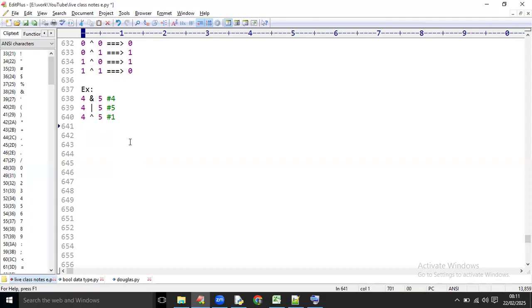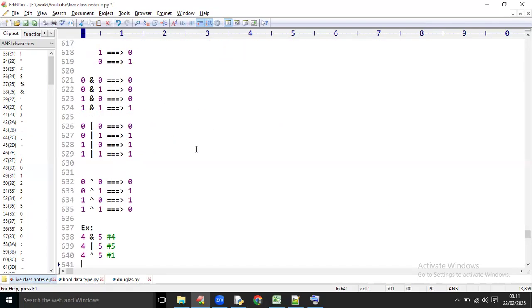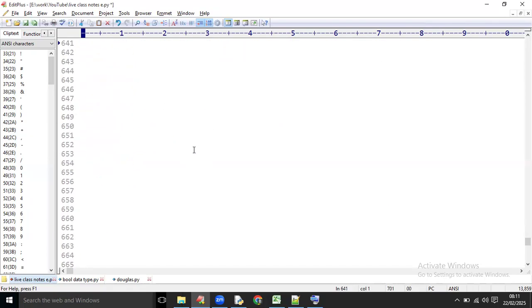We are going to discuss the left shift operator. What is the last one? We have discussed all of these. The remaining ones are the left shift operator and the right shift operator. Now we are going to discuss the left shift operator. So here, how the left shift operator works is actually